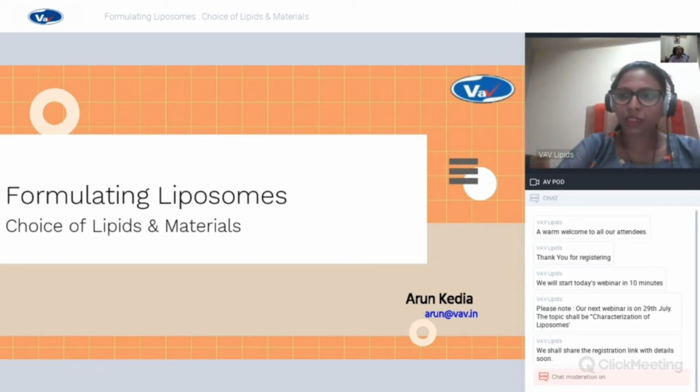So in our previous session, we have known how to formulate liposomes and what is the setup required, equipments required to design liposomes. So moving on from here, we will now learn how to select the right grade of lipids for the right type of liposomes for the intended application. Along with the selection of lipids, it is also important to emphasize on the crucial or the critical raw materials